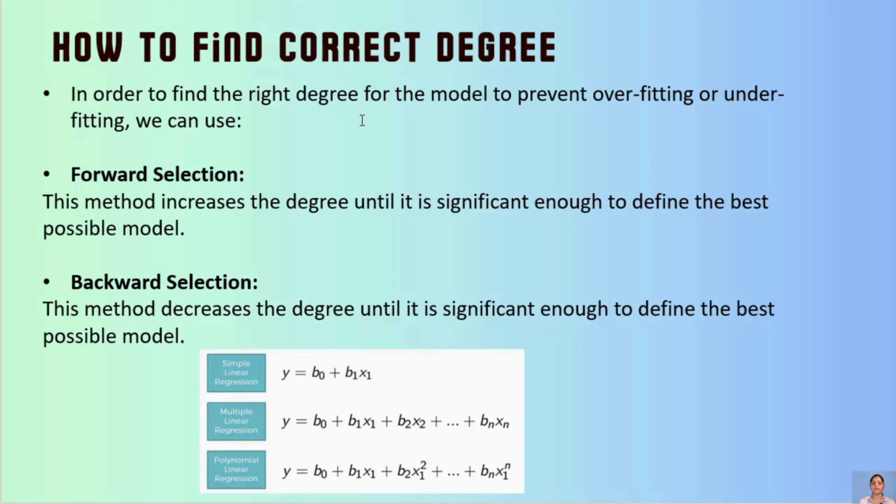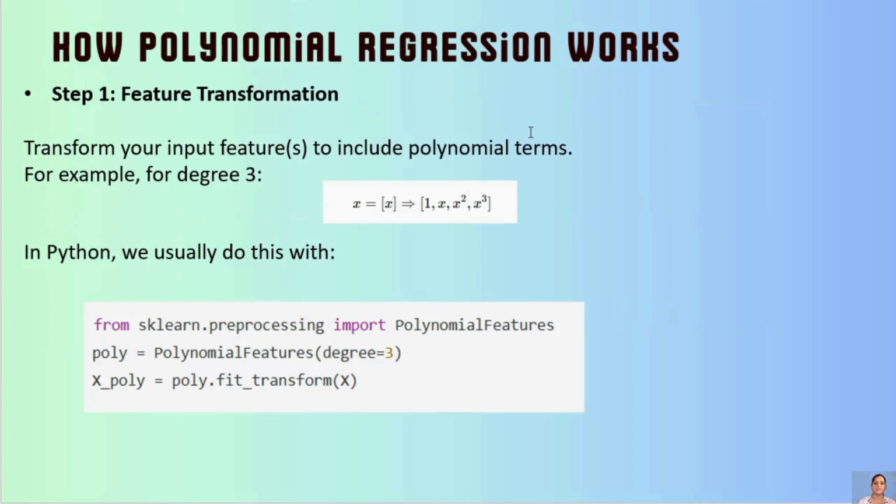When the method decreases the degree until it is significant enough to define the best possible method. So there are two ways. One, it will increase to find the best possible degree, and it will decrease if it is already reaching, it will not consider that. It will start decreasing until it finds the correct possible model, right? So these are the two methods, and this is how your polynomial regression works, and these are a few steps which